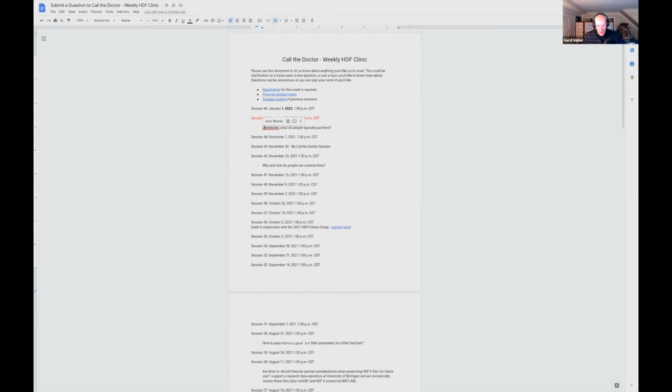Let's say we have a 1.3 megabyte Word file and our user block is 2 megabytes large, and then we have a 16 gigabyte HDF5 file coming up after that.